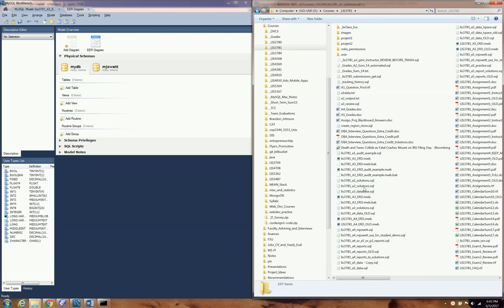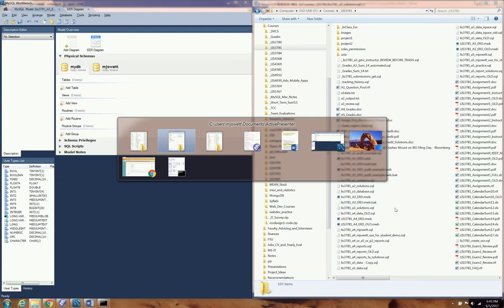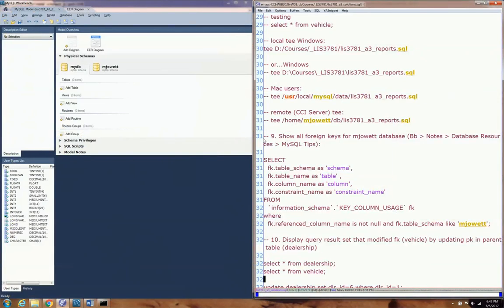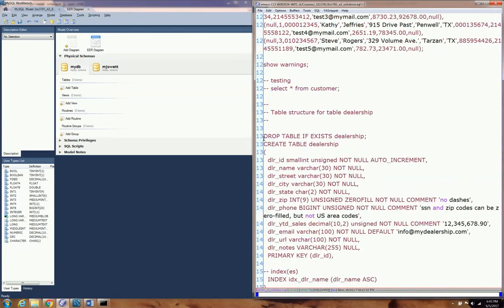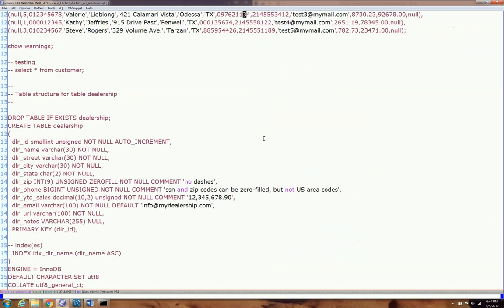But we created this file right here, LIS3781_A3_ oops, my apologies. This one, well, where is it? There it is right there. LIS3781_A3_solutions.sql. That's the file we created, which is right here. Now, we went over the tables. I'm not going to go over that again. You can review the previous video, and I'm not even showing all of the code right here, but